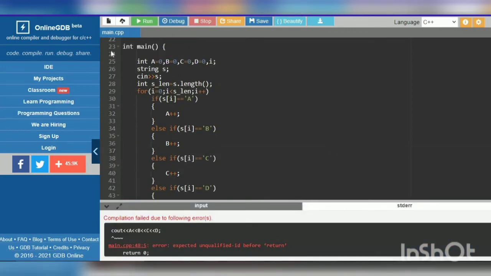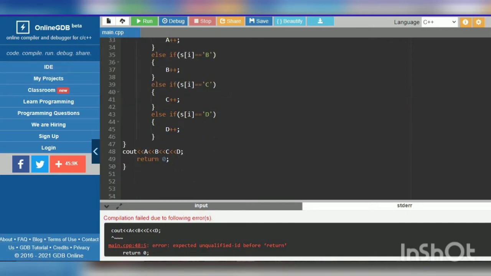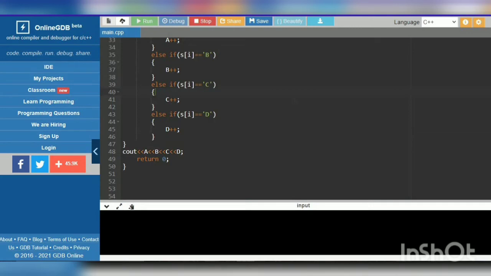We got one error. We will run again. Let's suppose A, B, C, and D. Let's see how many times each was calculated. Exactly, A was calculated 2 times, B only 1 time, C also 1 time, and D 2 times. Our first task is finished.